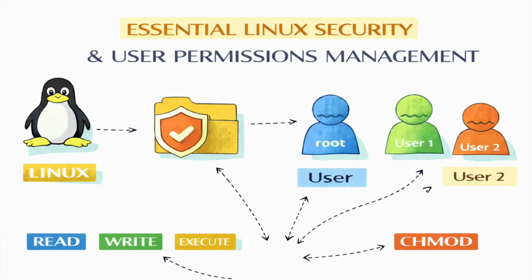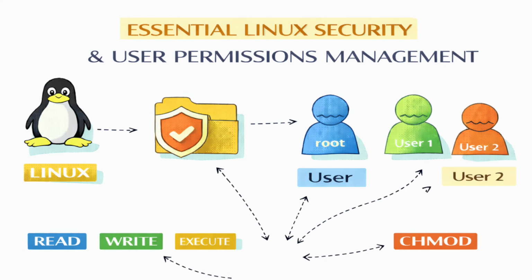What's crucial to understand, especially for an audience who might already know the basics, is that R, W, and X mean very different things depending on if you're looking at a file or a directory. Right. For a regular file, it's pretty straightforward. Read is viewing contents, write is altering them, and execute is running it as a program. Simple enough. But directories are where that execute permission suddenly becomes a fundamental security feature, not just about running code. It's the key distinction.